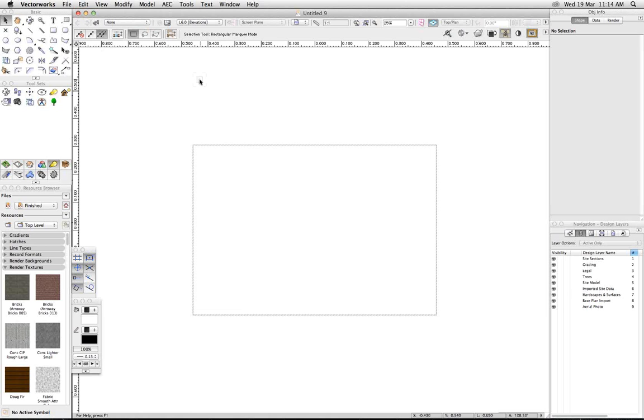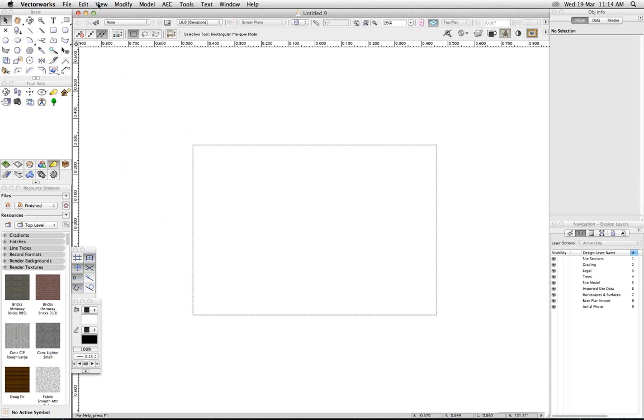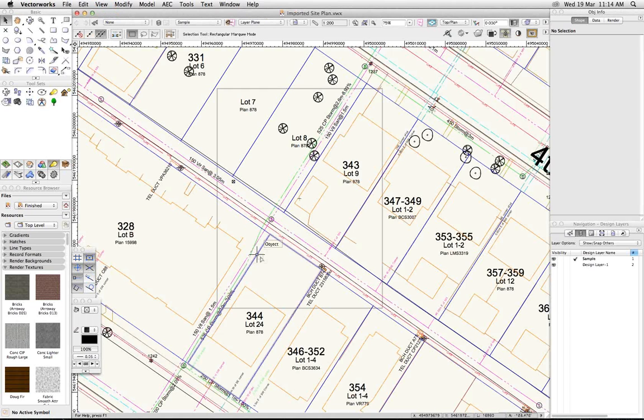I'm working in one today which is probably a little bit more geared to landscape and site planning than architecture, but as you see, we'll sort of straddle both of those disciplines a bit. And then from here on, what you would do is as follows. We would take a look back at that imported site plan,